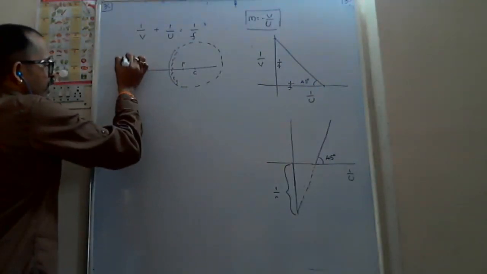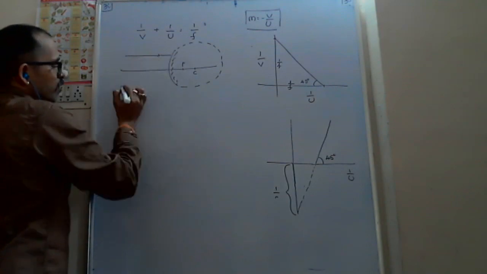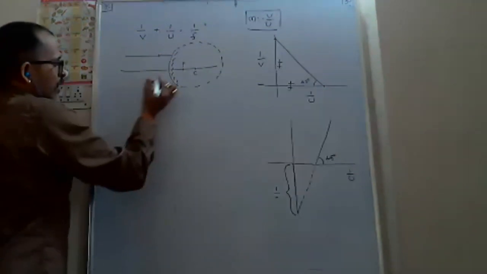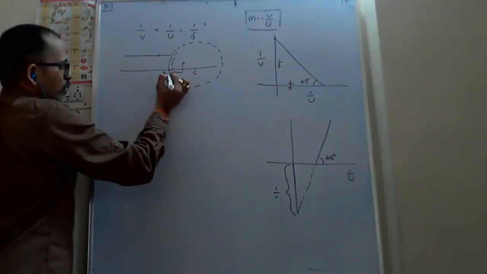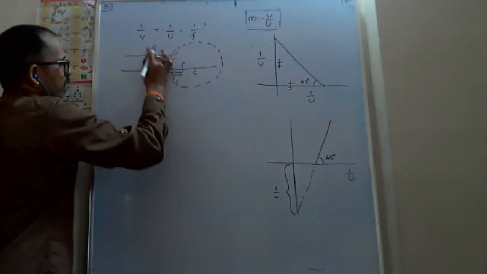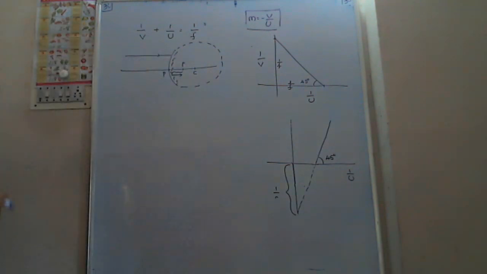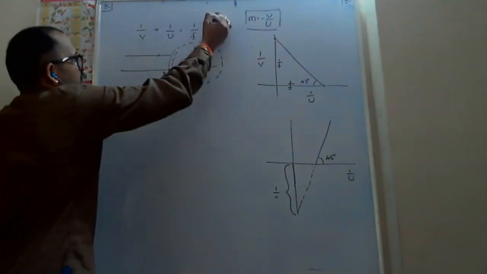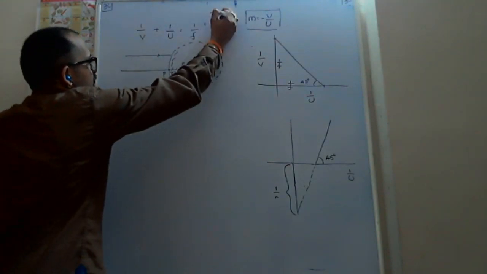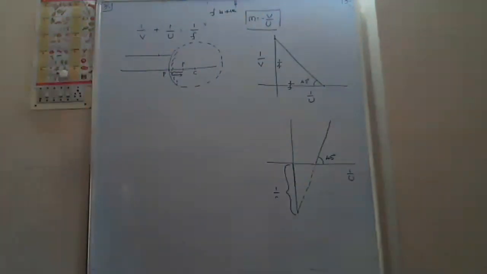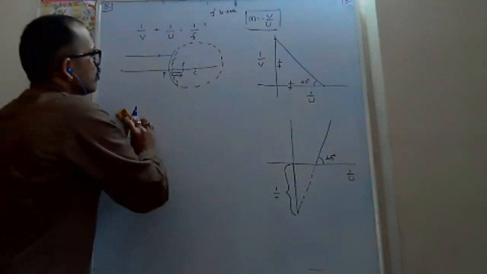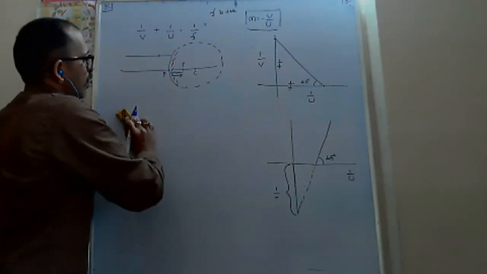On the mirror, generally light rays will be incident from the left. And if you measure the focal length from the pole, are you measuring in the same direction as the light rays or the opposite direction? Same direction, sir. Positive. That's why for a convex mirror the focal length is positive. So will you remember? Concave negative, convex positive.